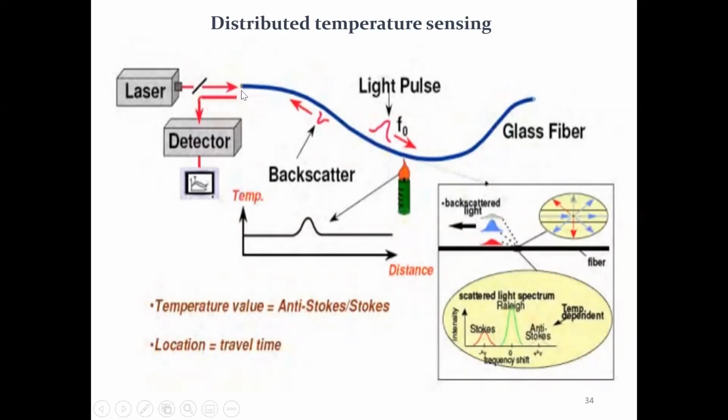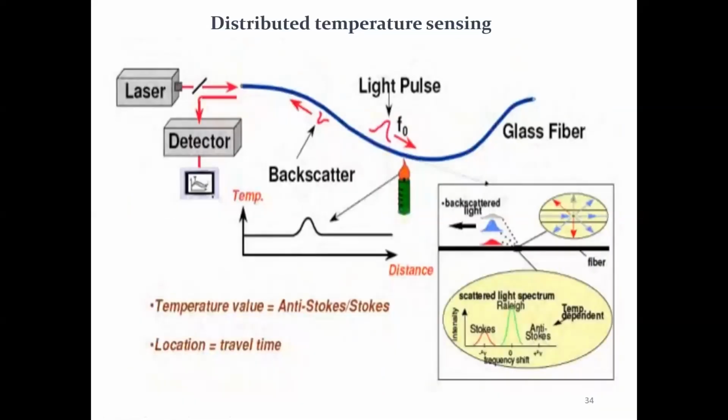So here, there is only one entry of the fiber. There we put one device called the circulator. The circulator will allow light only in one direction. So light goes from the laser to the optical fiber. Whatever light is coming back from the optical fiber will not be sent to the laser, but will be redirected to the detector. And with the change in this backscattered pulse, we can see the change in temperature. We can calibrate it in the form of temperature change.